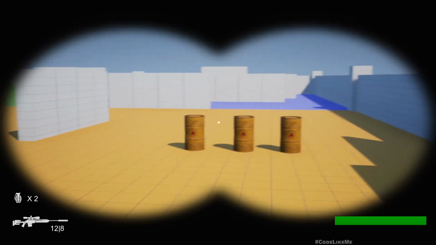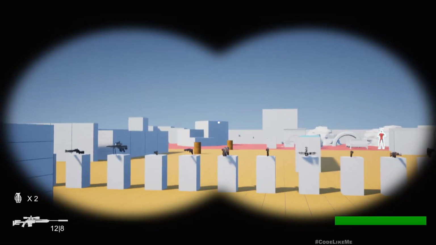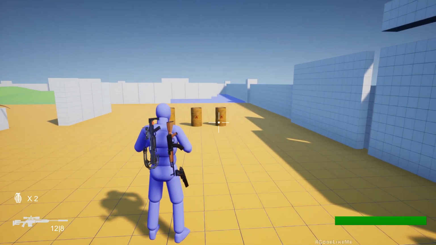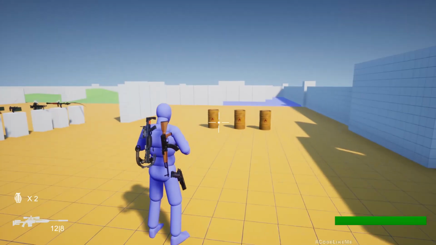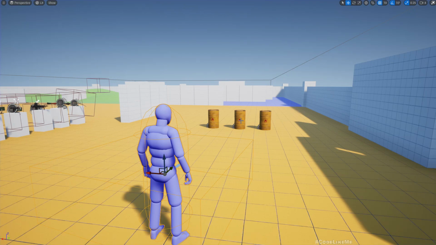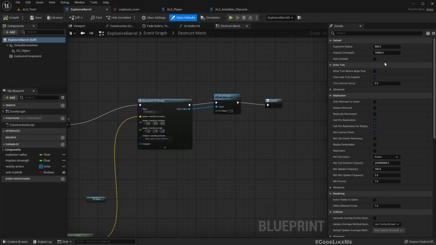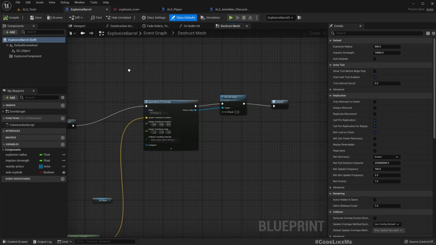For barrels, I'm not thinking of implementing a distance indicator, but just some icon that shows the barrel location so that I can easily identify that object. So how can we do that? So for that, first let me open the explosive barrel